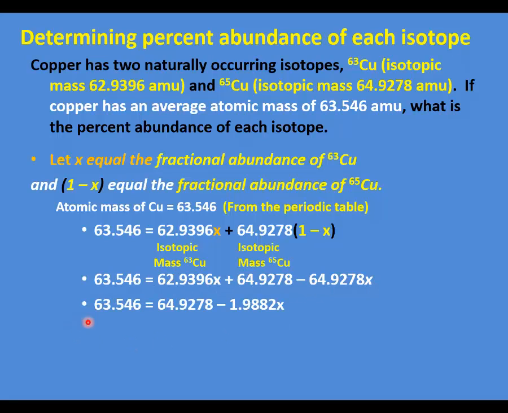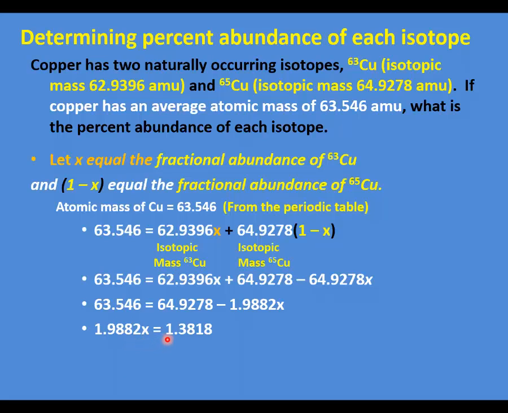So here's still my relative atomic mass. Here's my term without X. Here's my term with X. We're going to isolate X. So I'm going to combine now the two terms, 63.546 and 64.9278 together. So I'm going to go ahead and subtract 64.9278 from both sides, which simplifies my equation down to